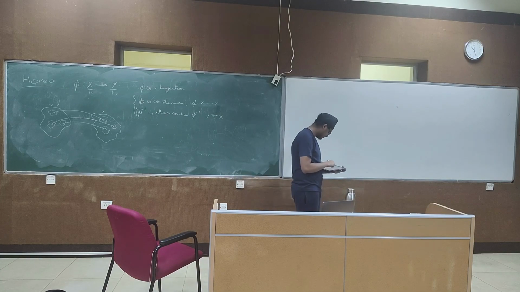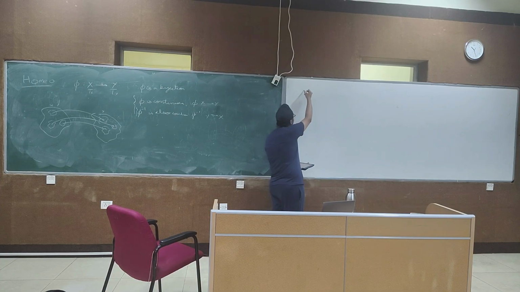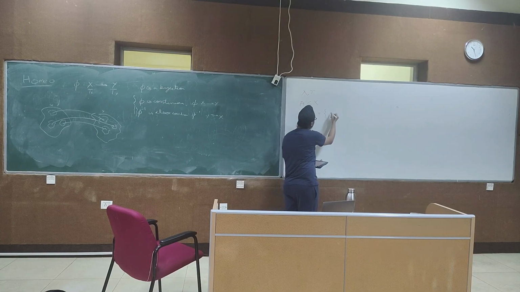Before that, given some set X with the topology T_X, you could induce a topology on its subset. Say you have a set A which is a subset of X. Given this topology on X, you could induce a similar topology on A. How? You just define the topology T_A such that